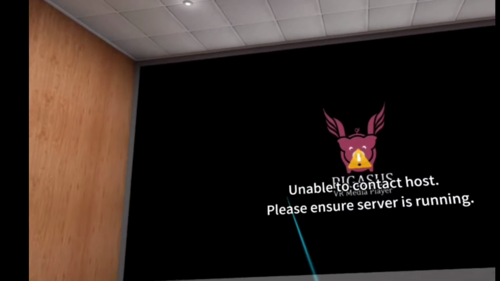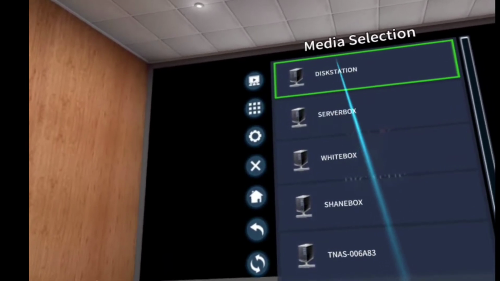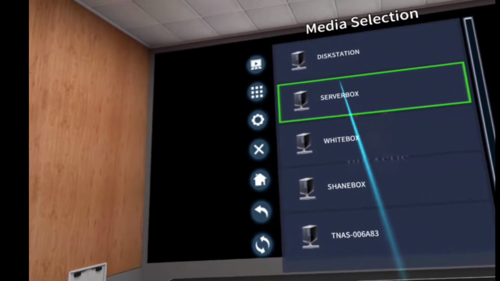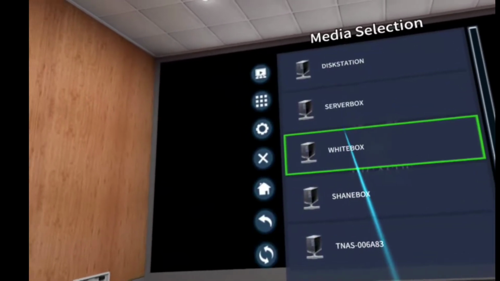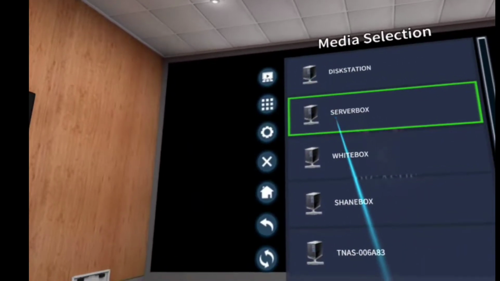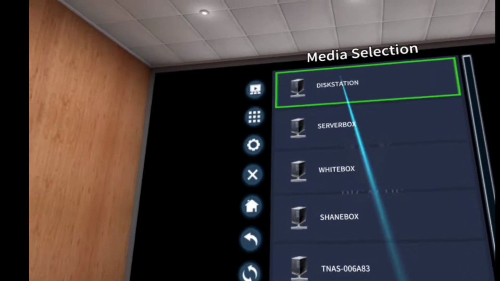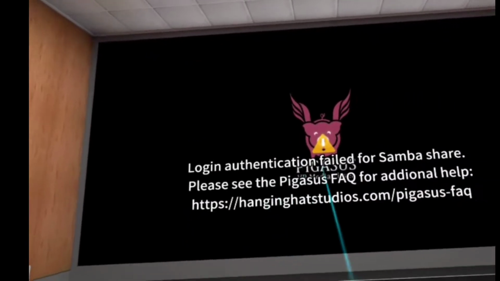That's nice. So I have things stored in various places, so it's kind of cool. Unable to, so that's interesting. I'm wondering what it is that it's looking for on that disk station, because there are shares on there, but it didn't exactly access them as well as it could have. Let's see. So it's starting to fail a little bit here. Let's take a look. So this, I don't know what this, when it's saying it's looking for media, what is it looking for? Right, so if I go to the NAS,